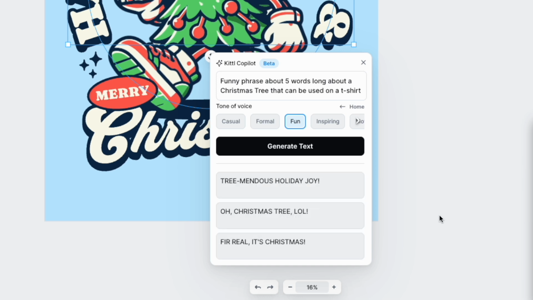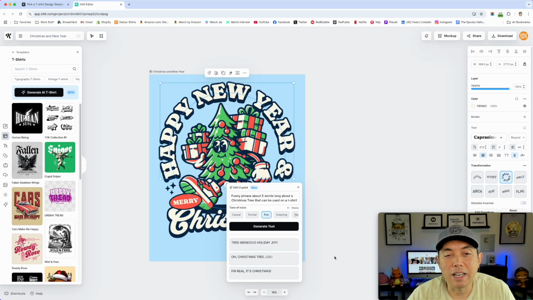Oh, Christmas tree, LOL. For real, it's Christmas. Wow, that's pretty cool. So now I can change any of these right here with one click. If I replace that, it will replace that text. Let me see which one I want. Tremendous holiday joy. That's kind of cool because it looks like a big Christmas tree. Yeah, let's try that. I'm going to replace